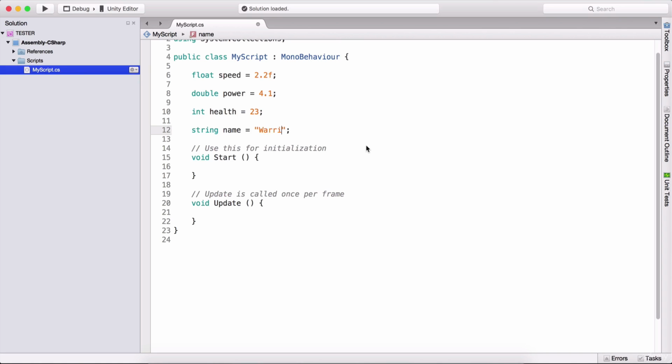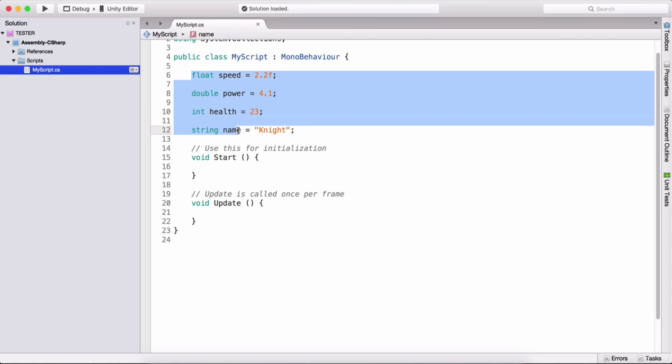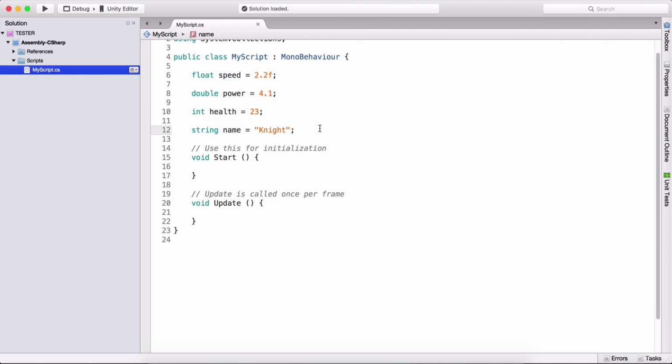So here we can type warrior, or we can type knight, so on and so forth. This is going to be the name of our player. So the string is a character sequence variable, and we declare it by typing string, and then we give it a name. It can be anything you type here, the same as for these here. The name is up to you,